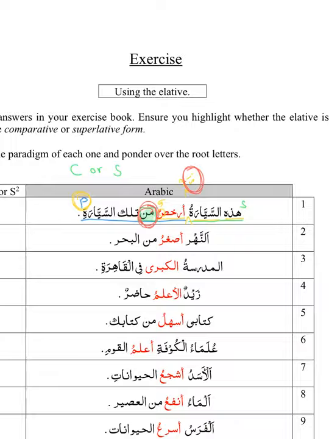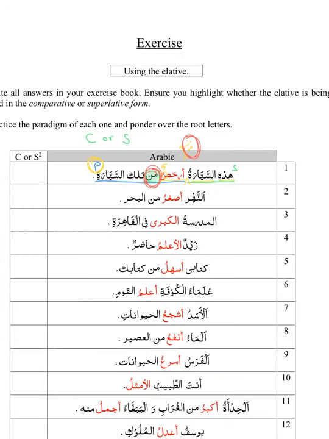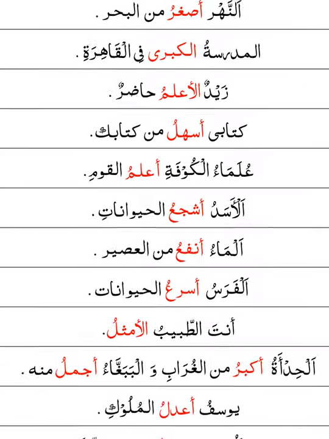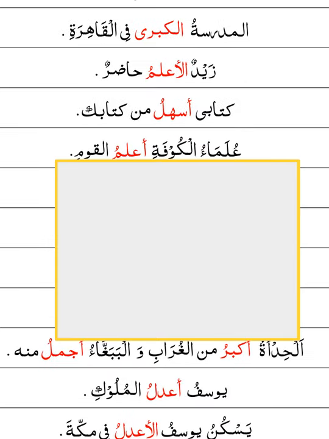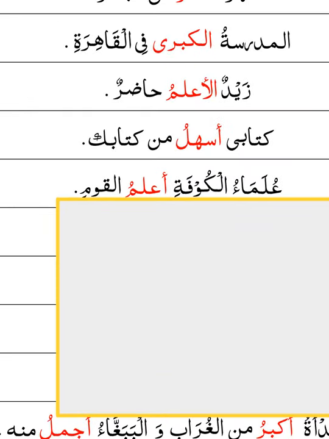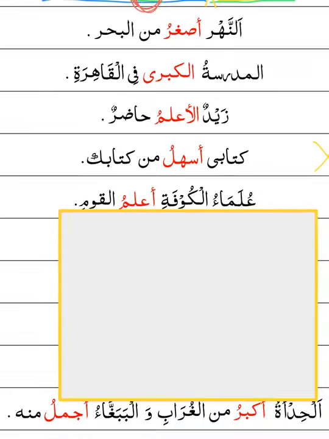Let's now look at another example. Let's look at this example, number 5. Let's make it a little bit bigger. I've tried to blank out the rest of the exercise so you can focus on this one. Kitabi ashalu. Kitabi ashalu min kitabik. So the first thing we did was we read the text. Then the second is we determine the meaning of each word, which we are going to skip. The third is that we are basically going to